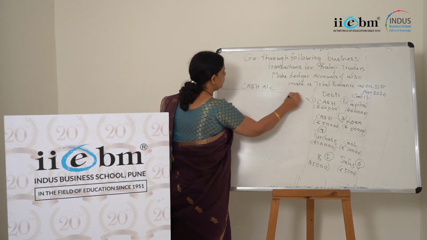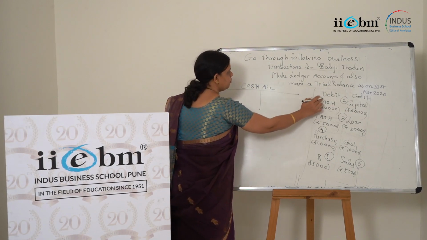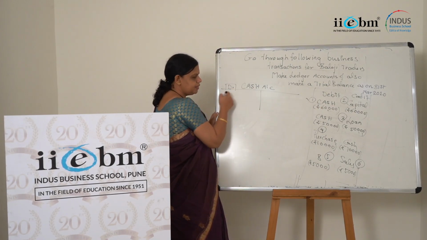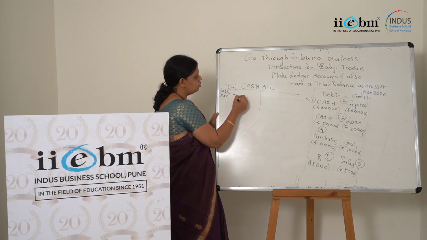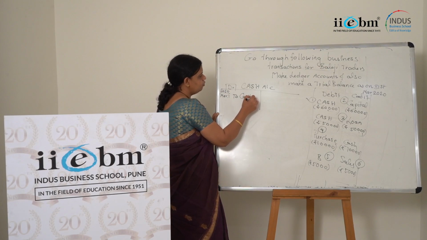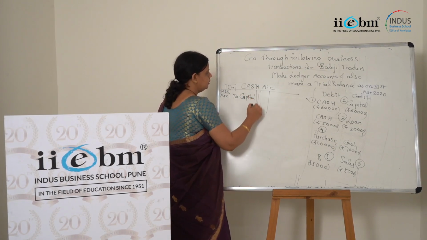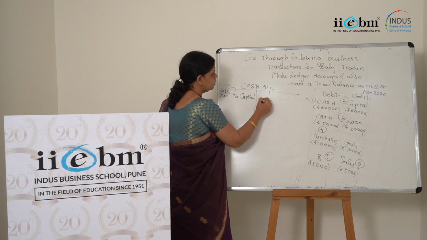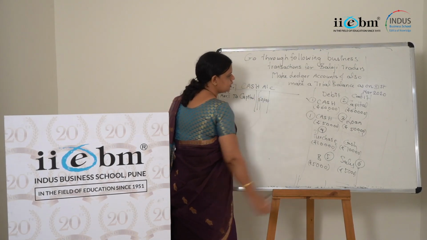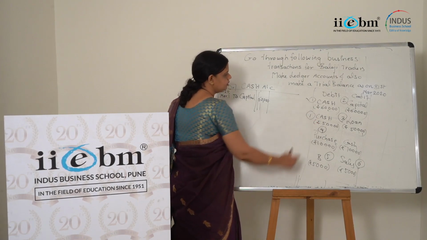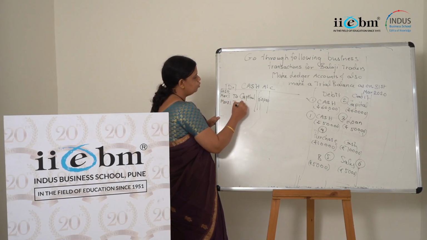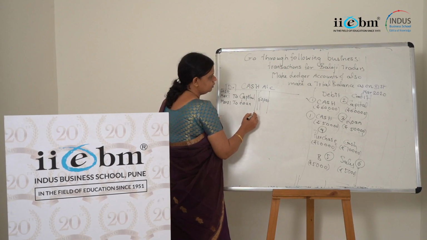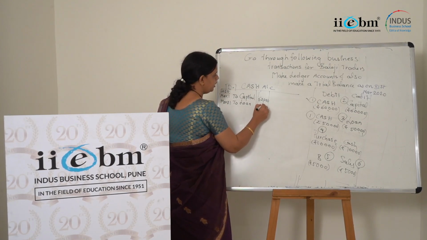Right? If I open the ledger account for cash, is cash debit or cash credit? Debit. So this is my debit side. So on the debit side, I think this date is given as March 1. So here what I'll write down? To capital. What is the amount for this capital? Capital is equal to 60,000. On the same date, one more transaction is appearing. What is that? Cash debit and loan credit. So on March 1, again what I'll write down? To loan. What is the amount? 50,000, right?